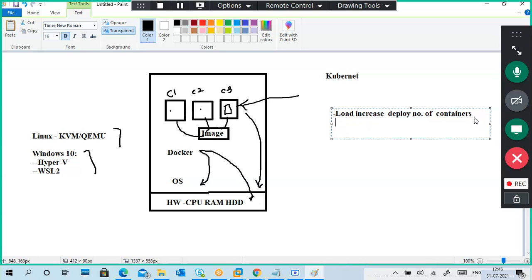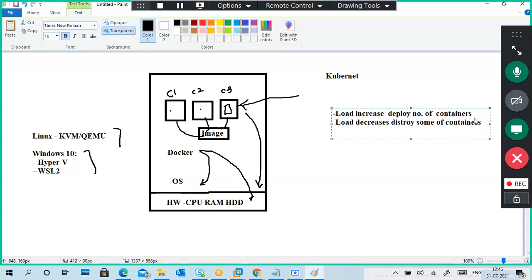Next one is if load decreases. Now load is less. My sales completed, load decreases. So it will destroy some of the containers automatically.